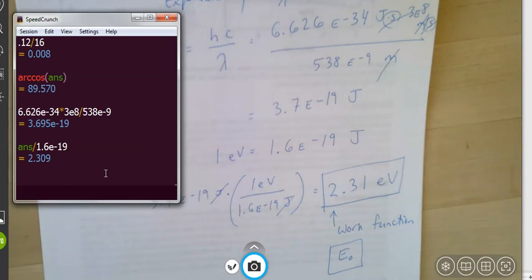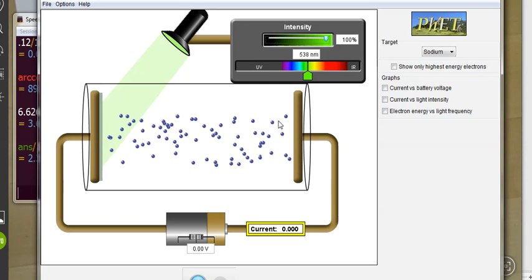That means that if we had a color of light that has a wavelength that's shorter than 538 nanometers, then it will kick out some electrons. In other words, if it's high enough energy. But if it's too long of a wavelength, in other words, the energy of that photon is less than 2.31, no dice. We're not going to get any